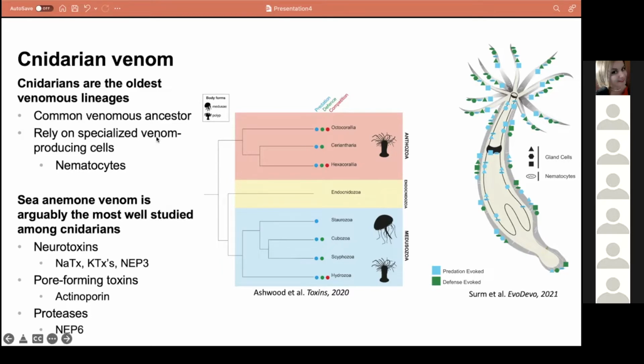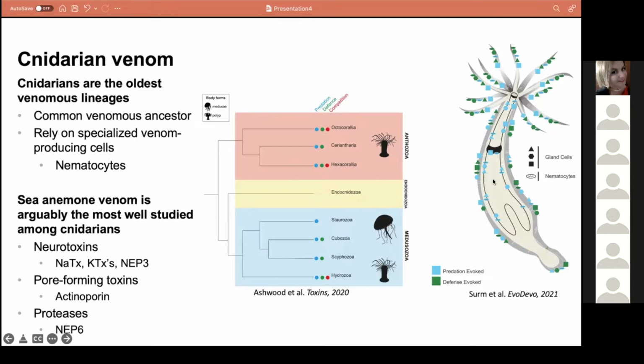And although all cnidarians are considered venomous, sea anemones are arguably the most well-studied among cnidarians in terms of understanding their venom repertoire. And specifically, a number of different types of venom have been characterized in sea anemones, including neurotoxins that affect both sodium and potassium channels, pore-forming toxins, as well as proteases. And this is in large part due to work exploring the venom repertoire in the model sea anemone Nematostella vectensis,